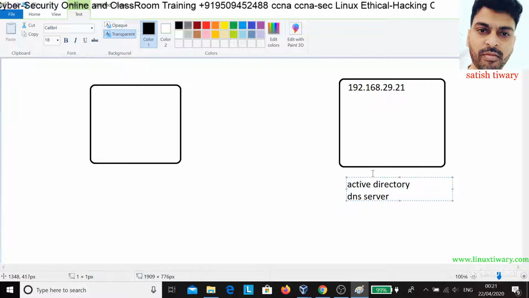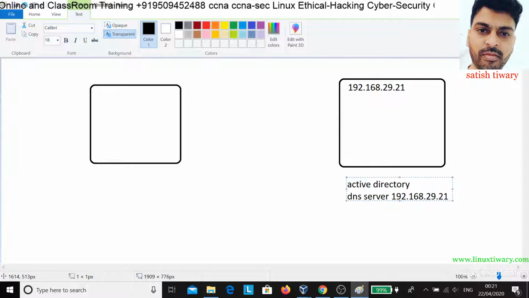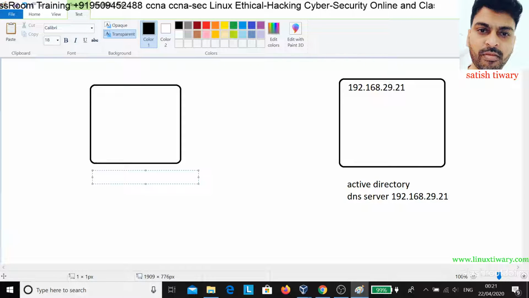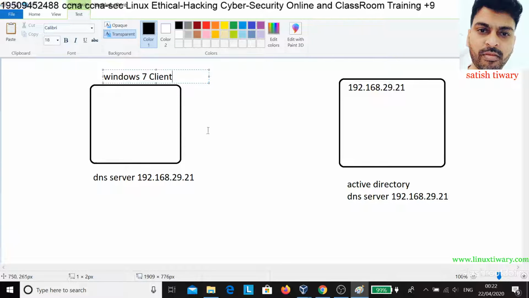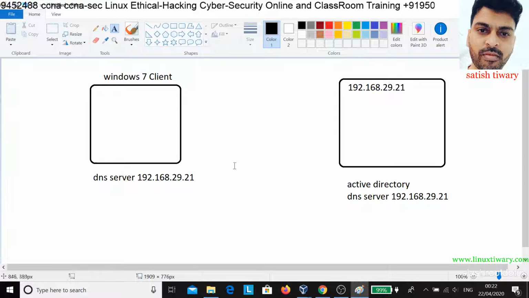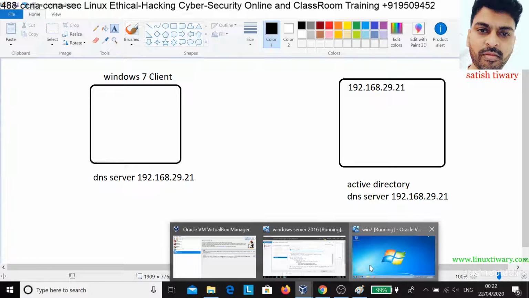Okay, so the DNS server IP address will also be 192.168.29.21 for this machine, and for this machine the DNS server will be the same. For both machines the DNS server will be same. This is our Windows 7 client. So the IP address for the Windows 7 client will be different.